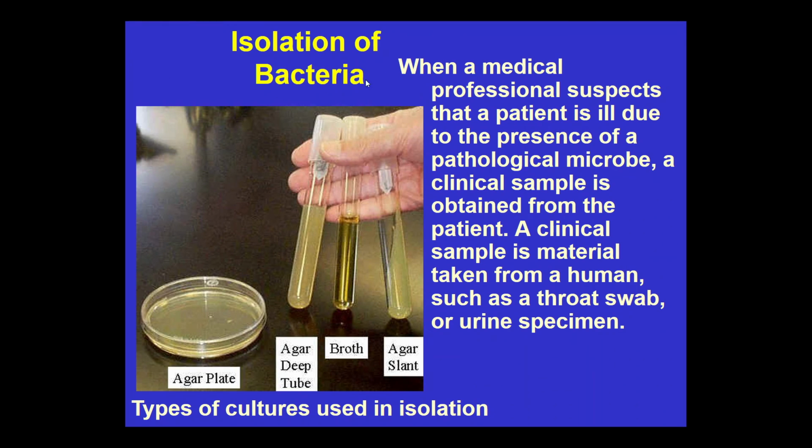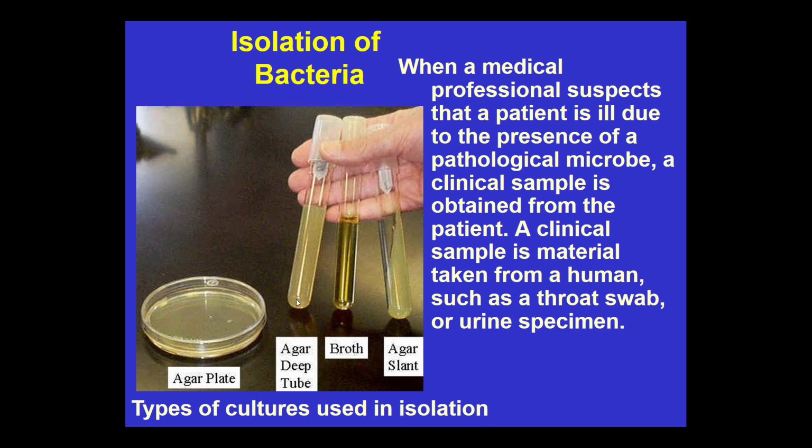So, a few words about the isolation of bacteria. What approaches do we use in isolation of bacteria? Usually, we are talking about types of culture that are used in isolation. That, of course, is the agar plate. So, this is agar poured in a petri dish. And usually, the agar plate is used to separate bacteria from the sample taken from the patient, to disperse these bacteria, so as to see well-separated colonies.